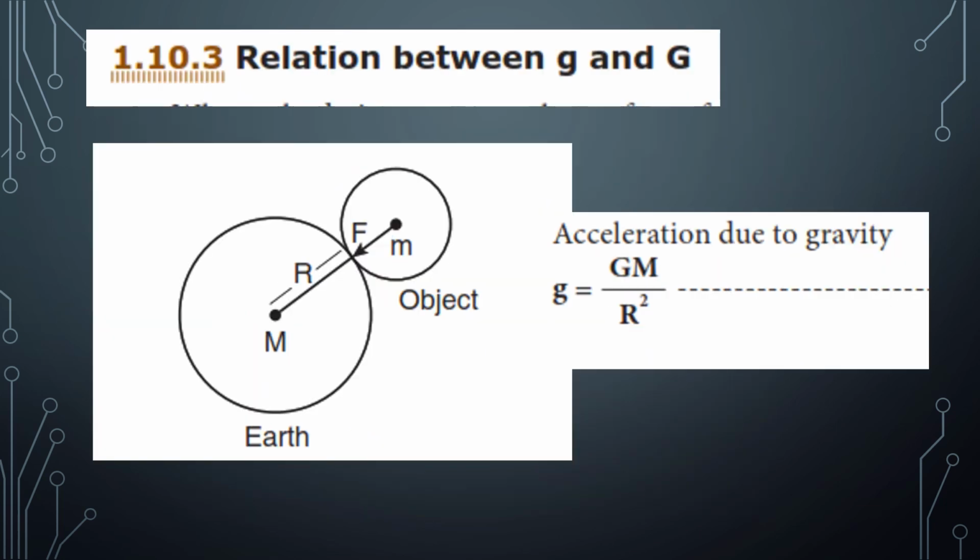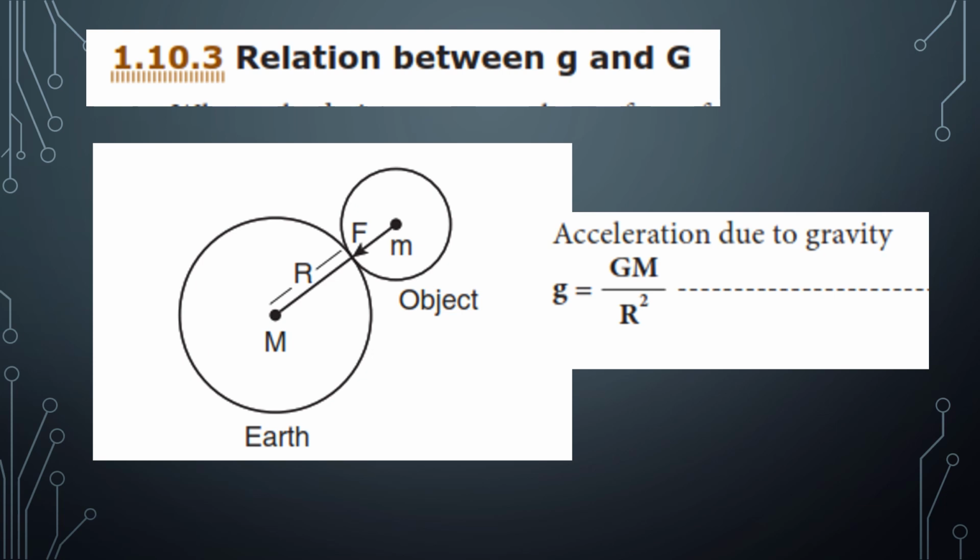Relations between small g and capital G. When a body is at rest on the surface of the Earth, it is acted upon by the gravitational force of the Earth. Let us compute the magnitude of this force in two ways. Let capital M be the mass of the Earth and small m be the mass of the body. The entire mass of the Earth is assumed to be concentrated at the center. The radius of the Earth R is equal to